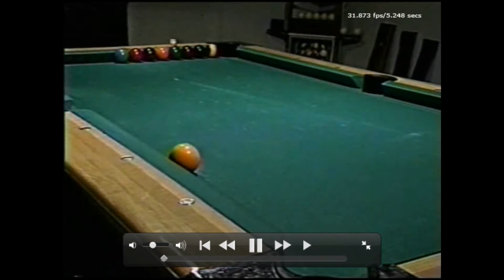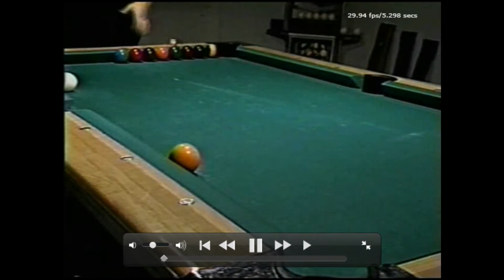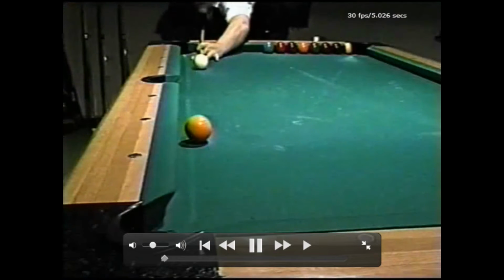every time. Now, the emphasis of this shot is not to stop the cue ball where the 1 ball is, as you might think immediately. It's to take the place of the 1 ball. The cue ball has to take the place of the 1 ball. This can only be done with a perfect hit. I use completely center ball,